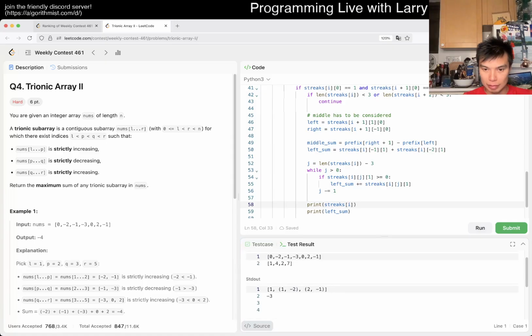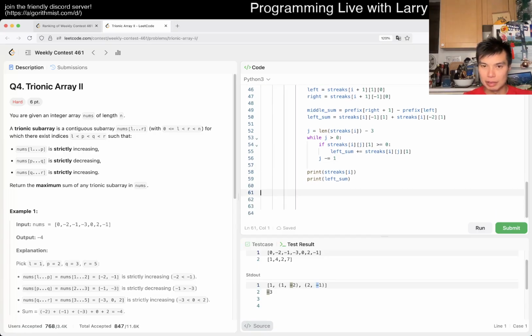Okay. Left sum, this is, yeah, I mean, yep. And then now right sum is the same, kind of. It's I plus 2. The first element. I mean, it's so easy to get index 1. That's why you should use